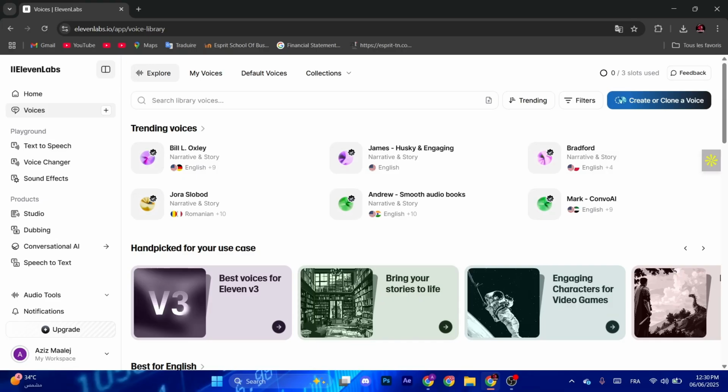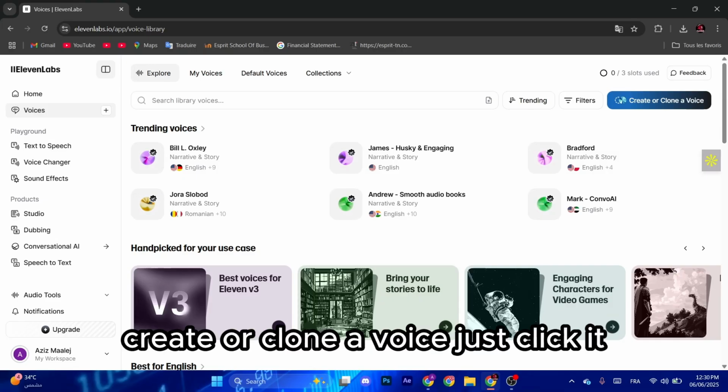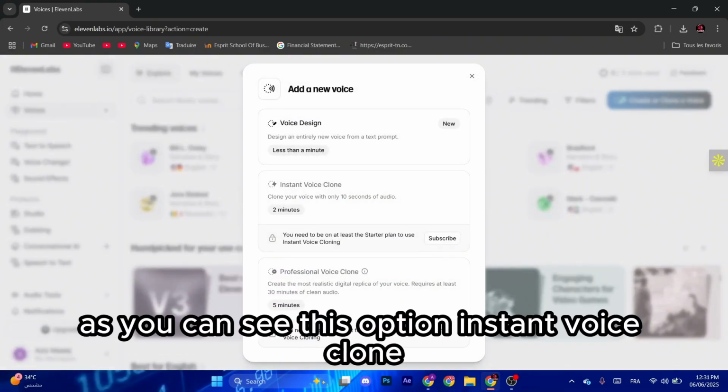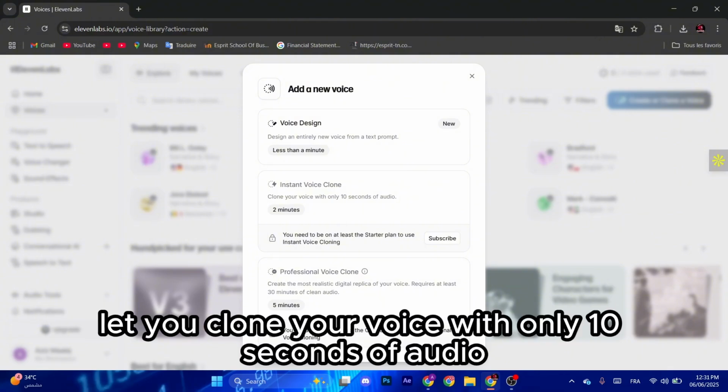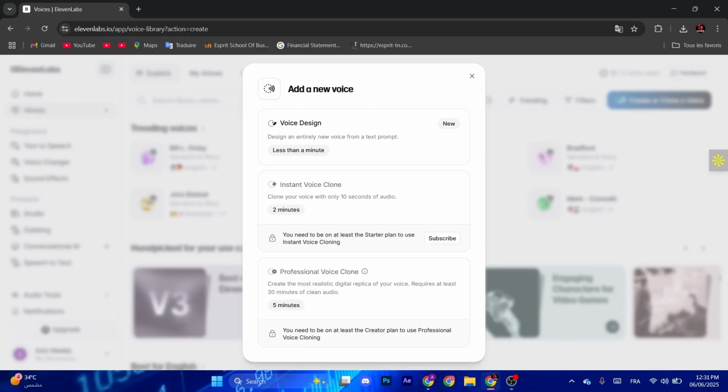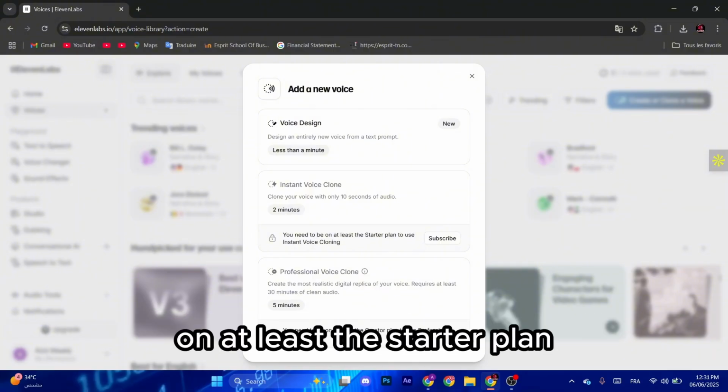So as you can see in blue right here, create or clone a voice. Just click it, and from here, as you can see, this option instant voice clone. This option lets you clone your voice with only 10 seconds of audio, or you can use the professional voice clone section. But to unlock these options or these functionalities, you need to be on at least the starter plan